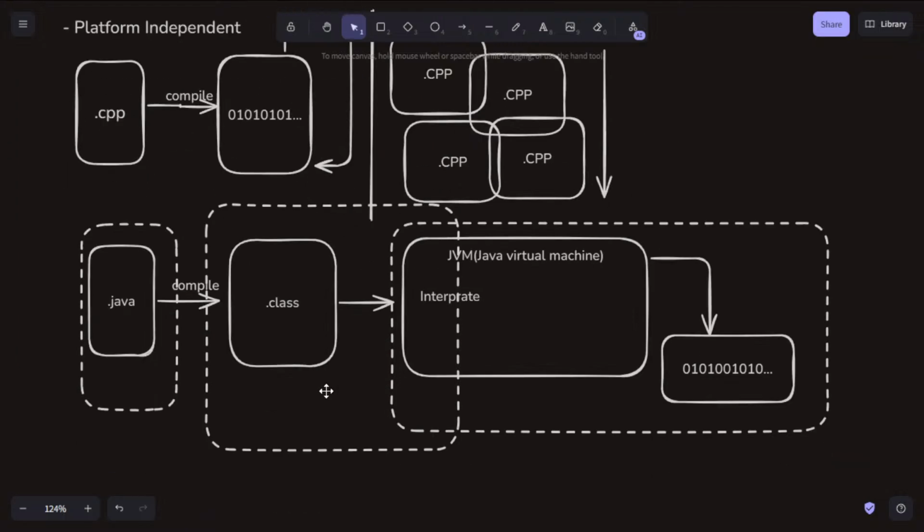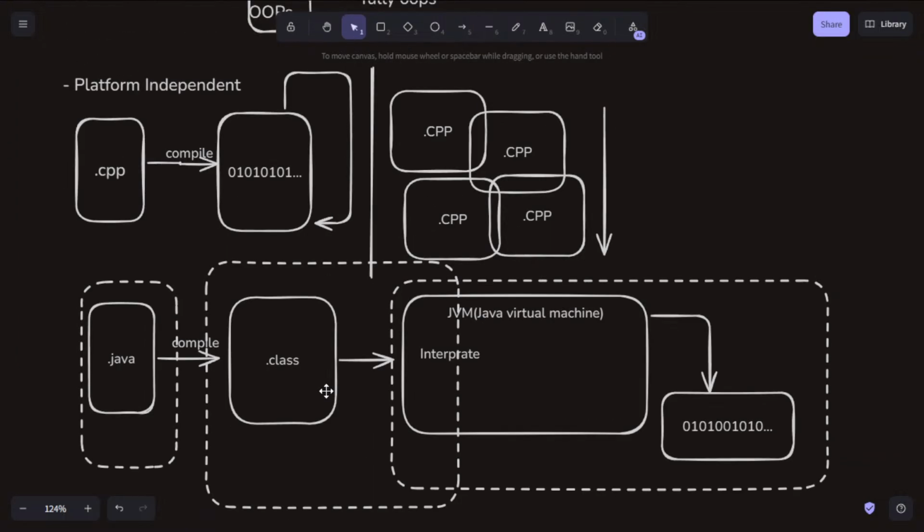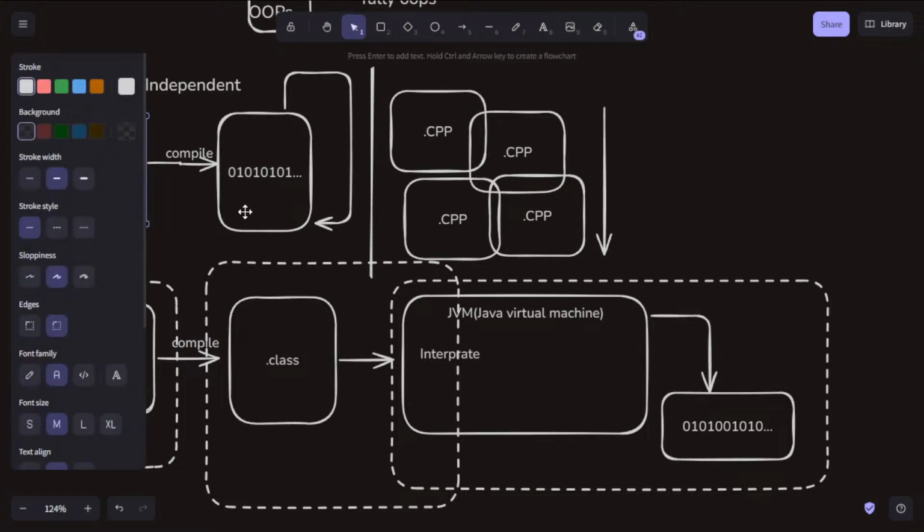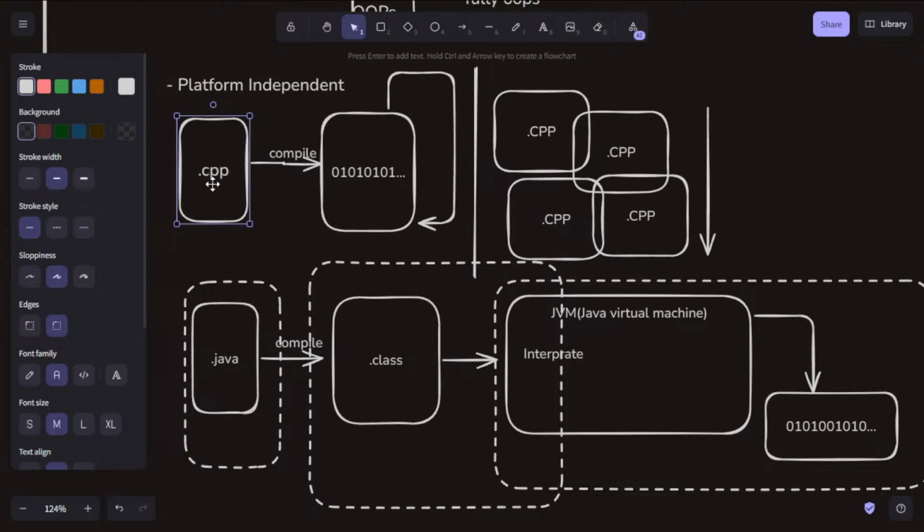Understand? So that's why it's called platform independent. It's not depending on any platform. A .cpp file is platform dependent. Every platform needs a new architecture, and every architecture requires a new compilation, and that reduces the performance.